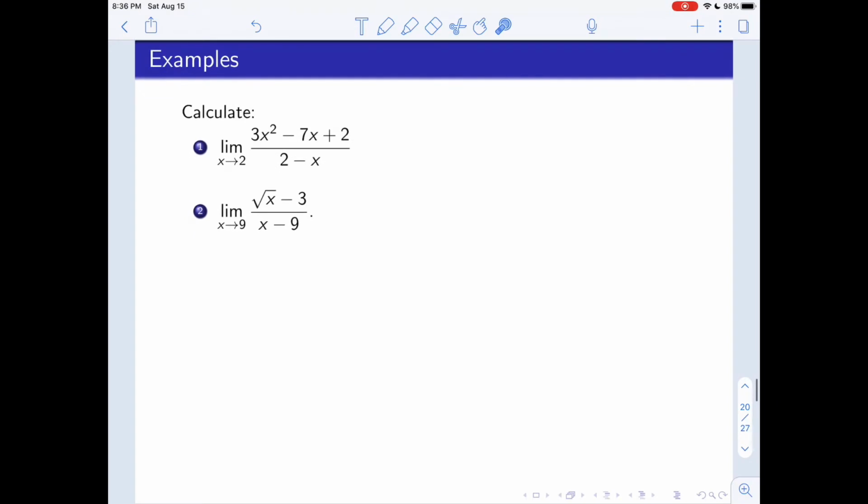So let's do a couple of examples. The first one I think will be fairly straightforward. It's just a matter of we have to remember how to factor. The second one might need us to remember a little bit of stuff from some previous classes before that would make sense. So in this first one,